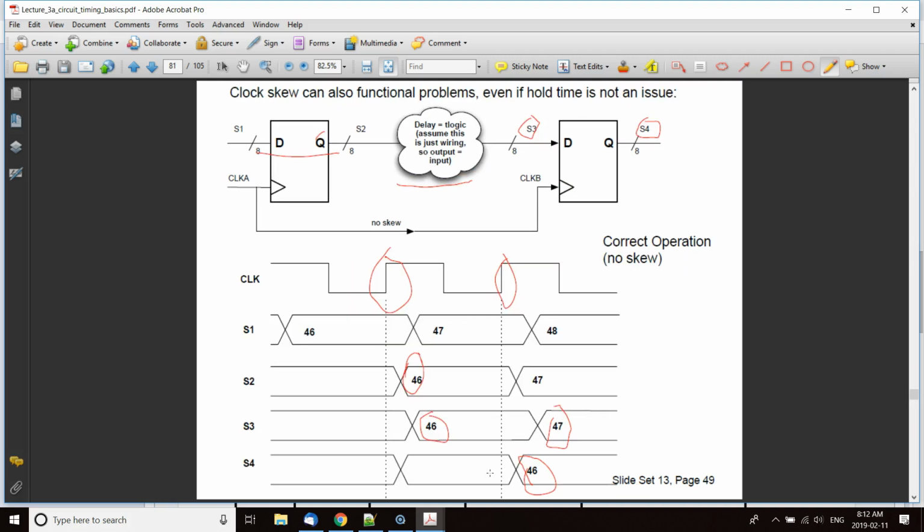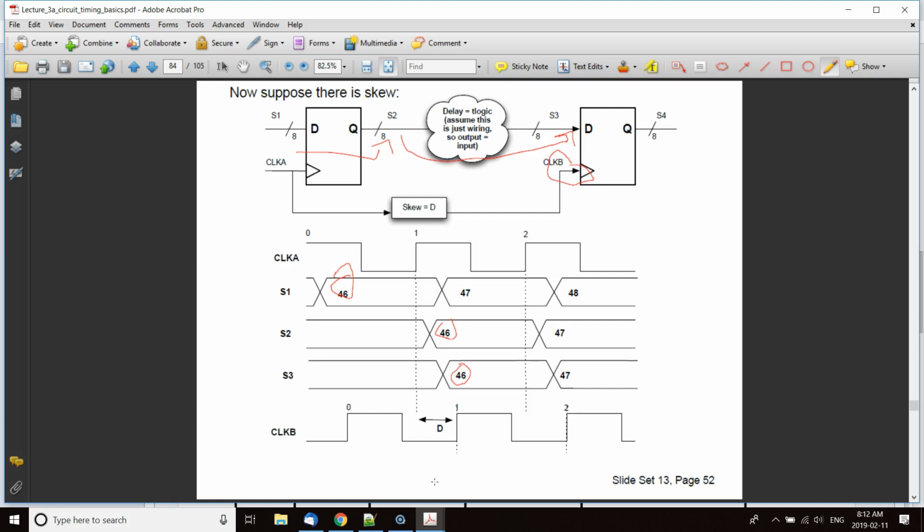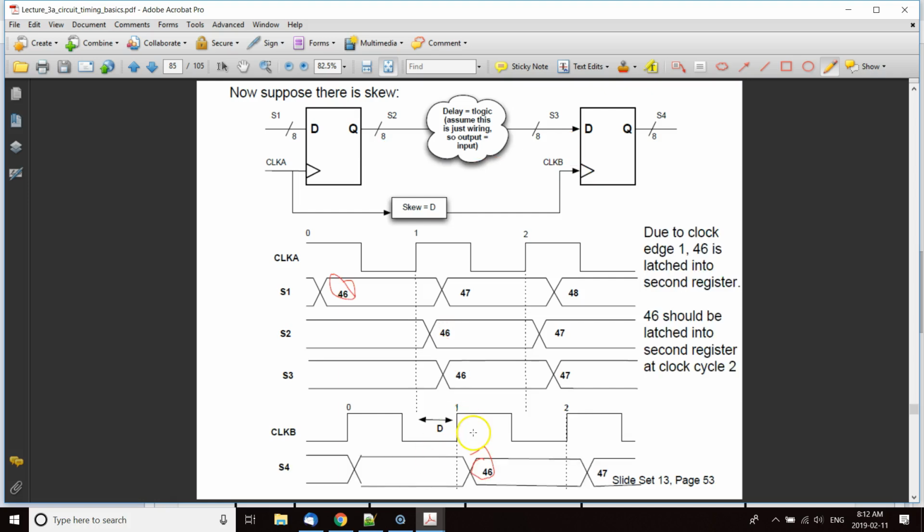I got 46 here, not here, right? Here it was 45, if you will. So that would be a functional issue, right? A functional issue. I didn't have a setup time violation here. I didn't have a hold time violation here, but I did have a functional issue due to